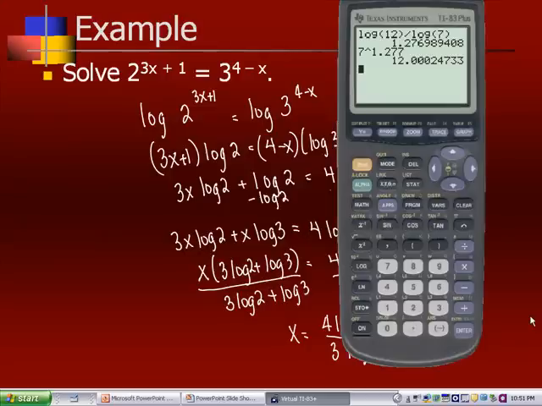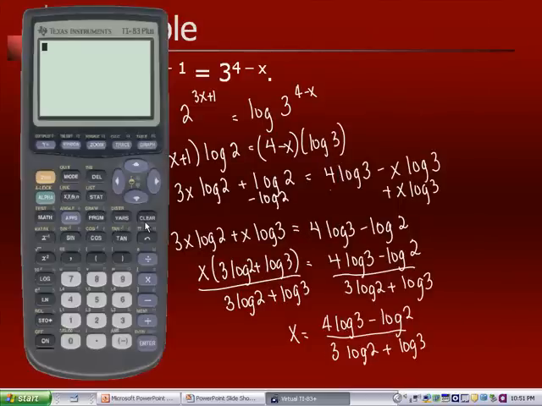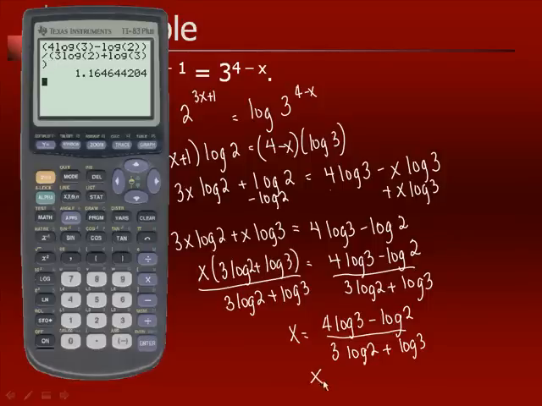Now we can just go into our calculator and we get 4 log of 3 minus the log of 2, divided by, down in the bottom, let's put a parenthesis, 3 log of 2 plus the log of 3. Now be careful when you're using your calculator, because every time you hit log, it automatically opens those parentheses. Which gives us an x value of 1.1646. I'm just going to call it x equals